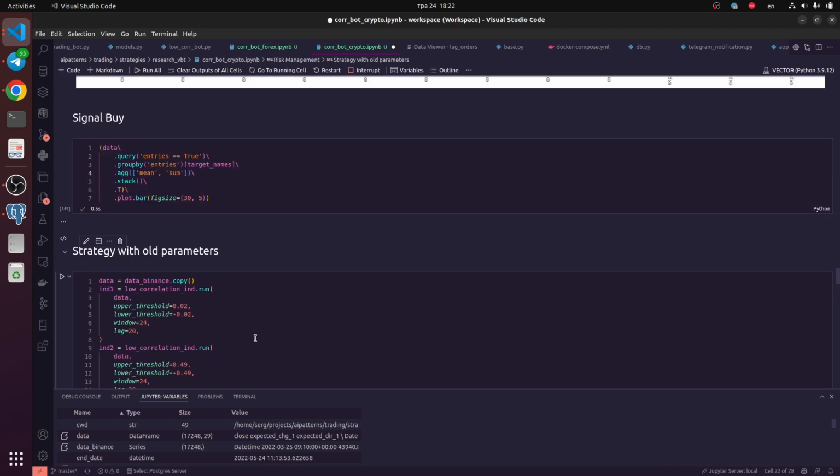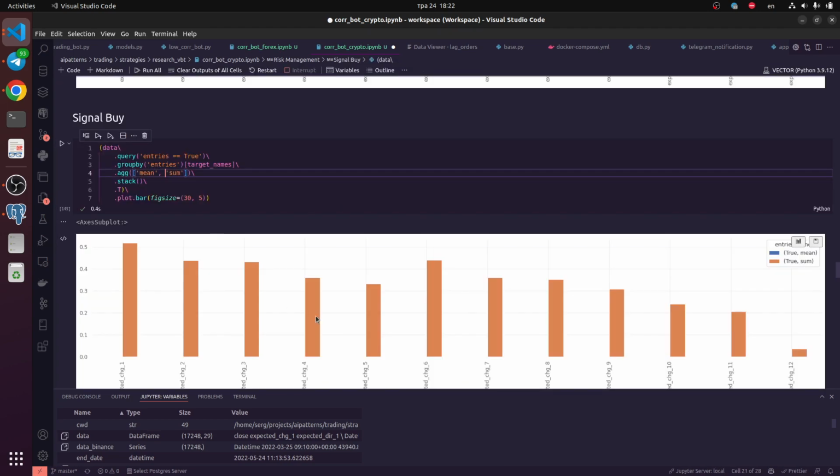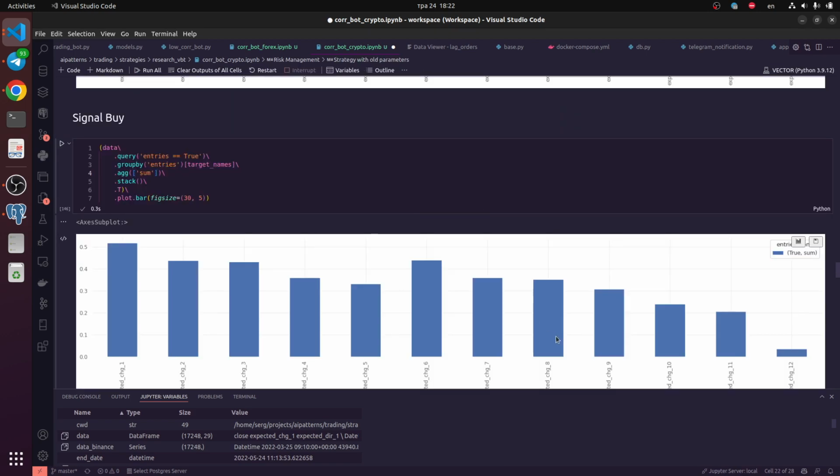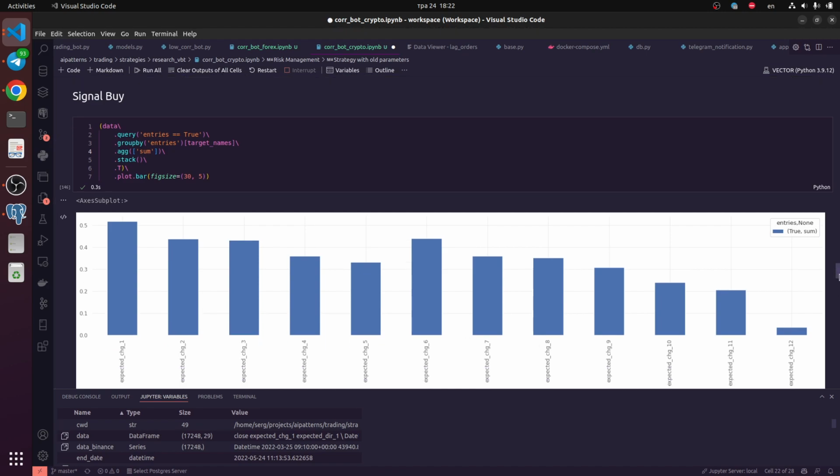Okay, let's do it. And what happens? The best profit we achieve when we hold a position 1 bar for the buy signal. But if you hold a position about 12 bars, it means it's profitable, but its profit would be the minimum of this one. So